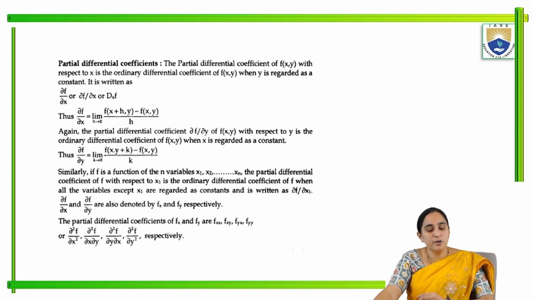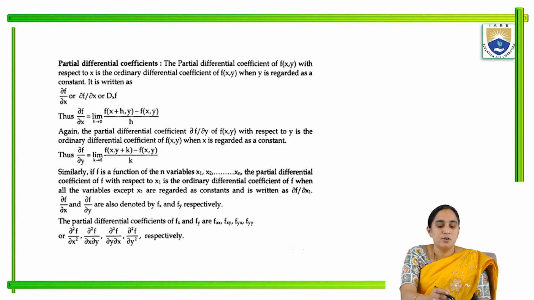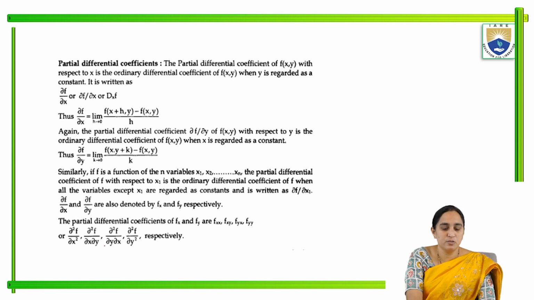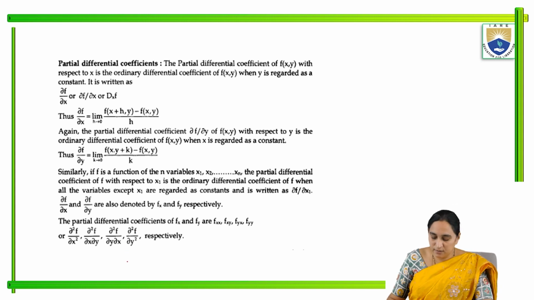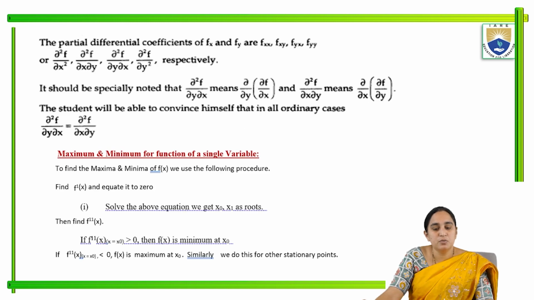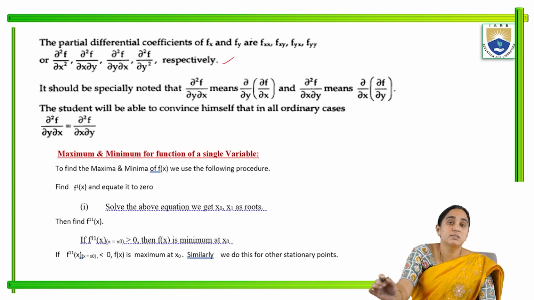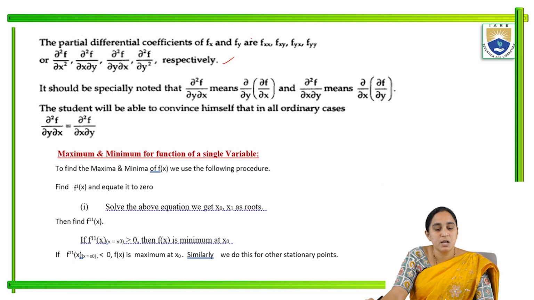Okay, here the second order partial derivatives are ∂²f/∂x², ∂²f/∂x∂y, ∂²f/∂y∂x, and ∂²f/∂y² respectively. These are the second order partial differential coefficients. It should be specially noted that ∂²f/∂y∂x means ∂/∂y of